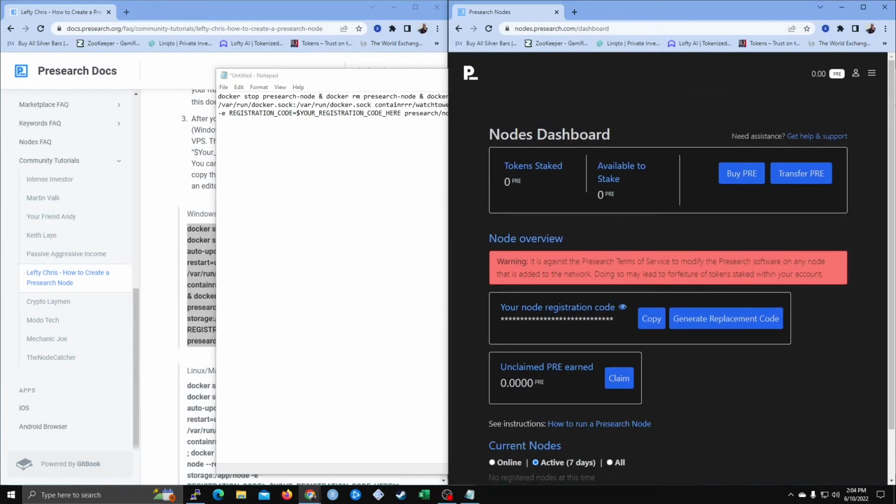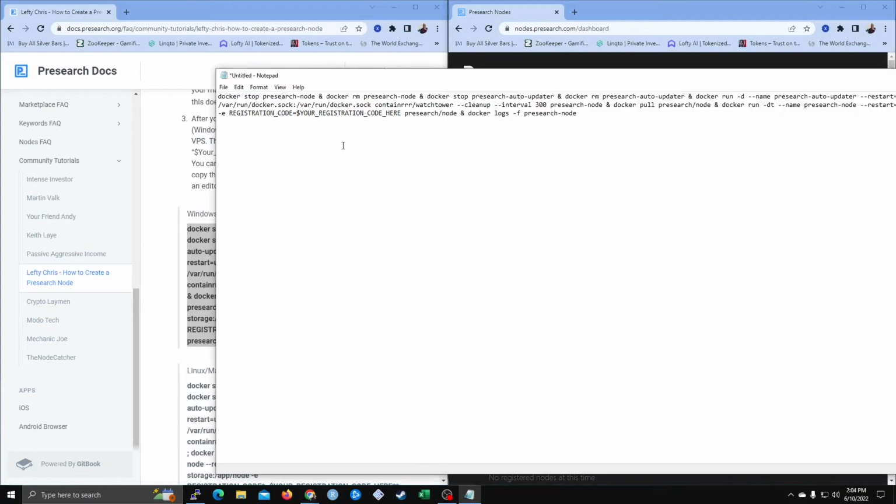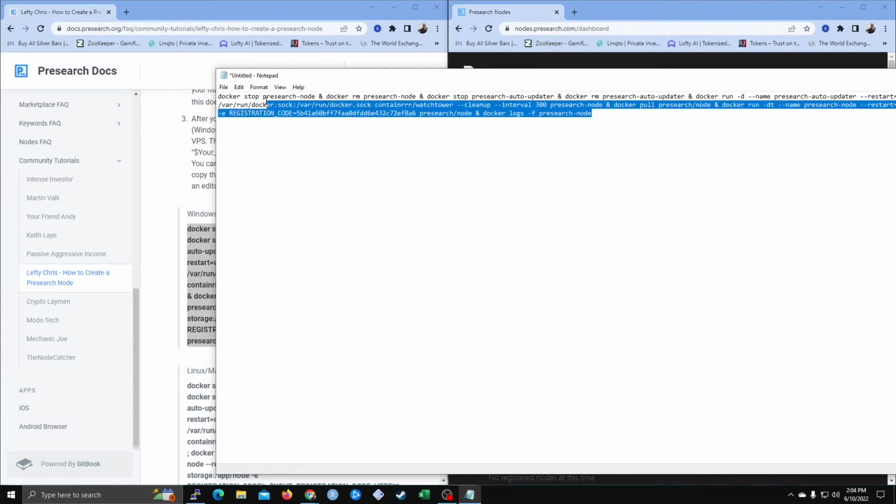We're going to copy the registration code, and then we're going to look for this portion here where it says $your_registration_code_here. We're going to simply paste the code into this portion. And so once we paste it, we're going to take this portion here, copy it,